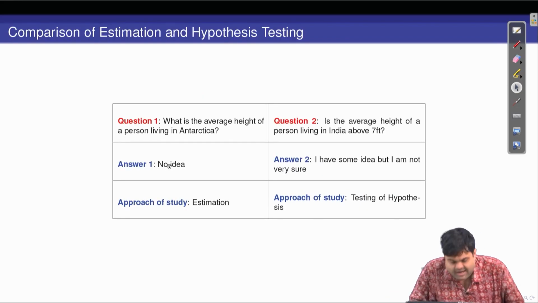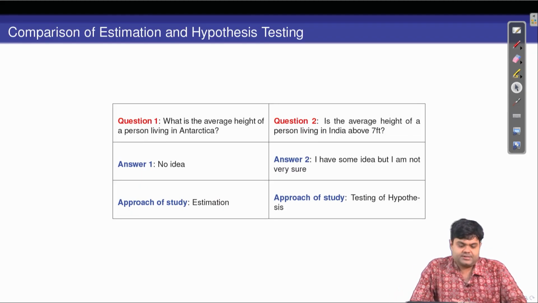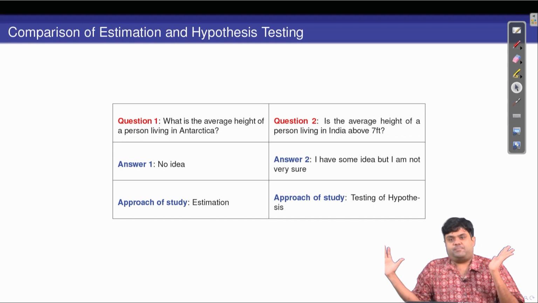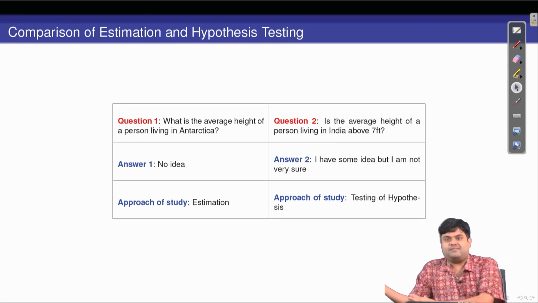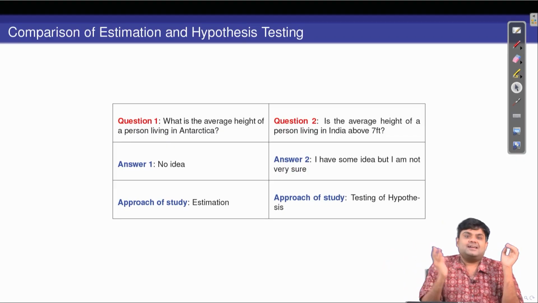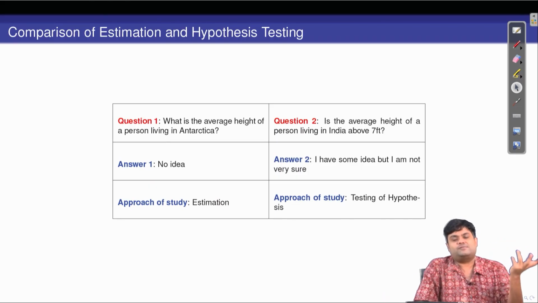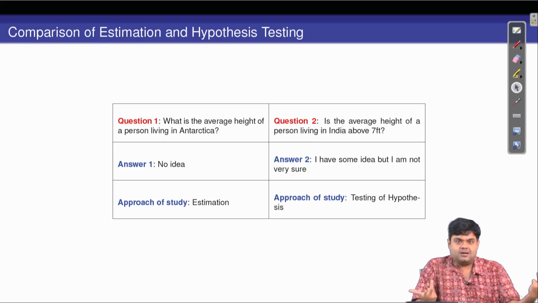So, let us compare the different kinds of questions. Suppose the first question is, what is the average height of a person living in Antarctica? And the second question, what is the average height of a person living in India above 7 feet? If you take all people in India whose height is above 7 feet, what is the average height of those people? Now, the point is that we probably do not know anything about the average height of a person in Antarctica. So, when you have this kind of situation where to begin with you have no idea,